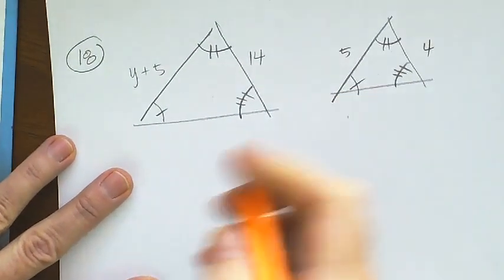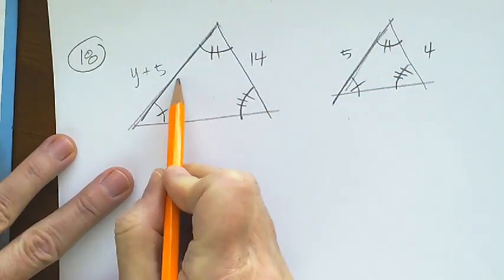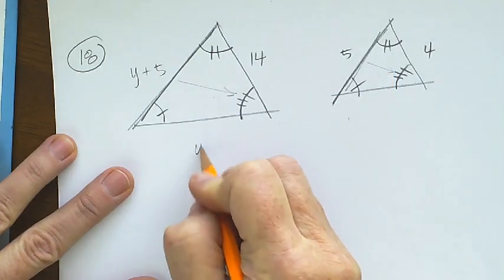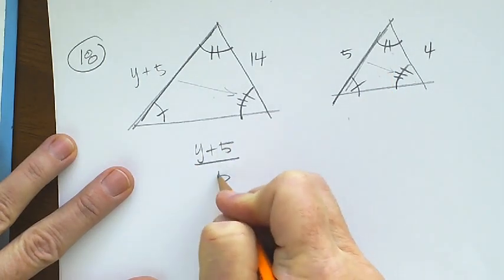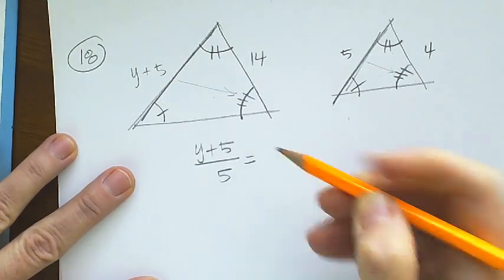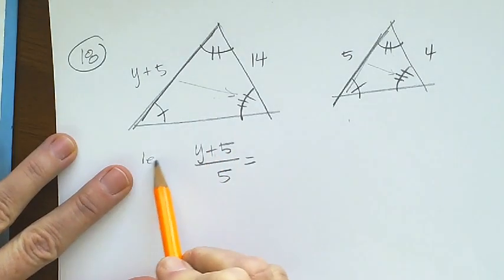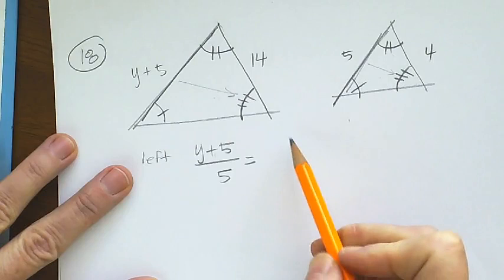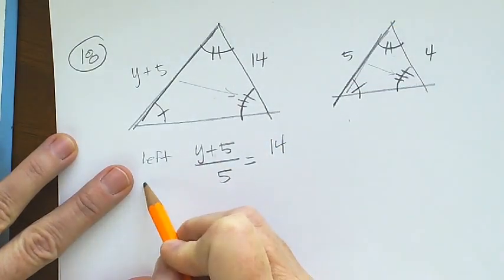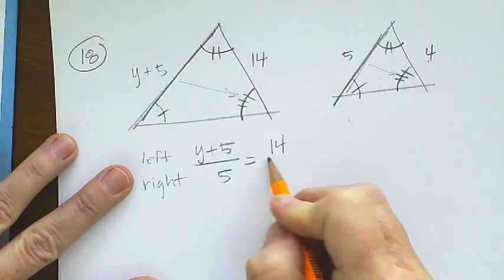So I know that y plus 5 corresponds to 5. It's across from this angle here, which matches this angle here. So I'm going to say y plus 5 is to 5. I could have done this 5 over y plus 5. It doesn't matter. But if I set it up like this, with the triangle on the left on top, then 14 has to go on top. So this is my left triangle, this is my right triangle, this is my left, this is my right,